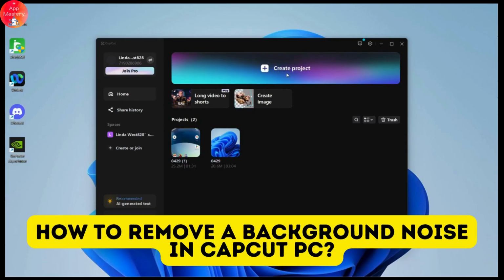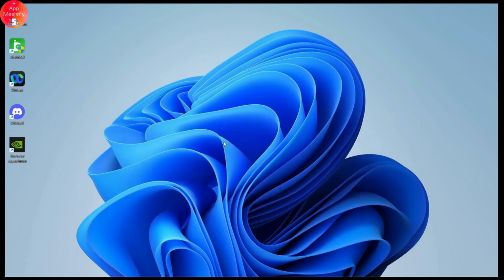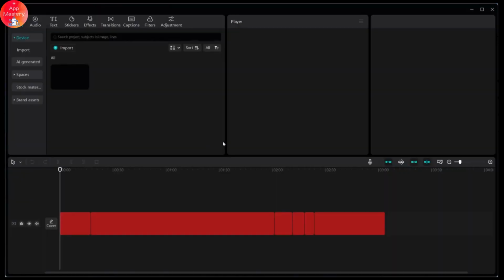How to remove a background noise in CapCut PC. So if you want to remove a background noise in your CapCut PC, then what you need to do is simply open up a video, any video that you are comfortable with, and I'll be choosing a